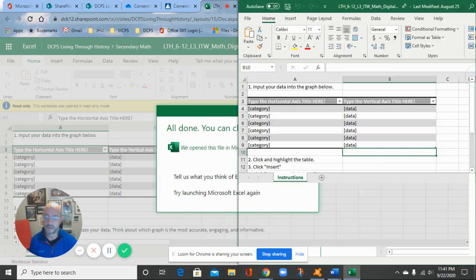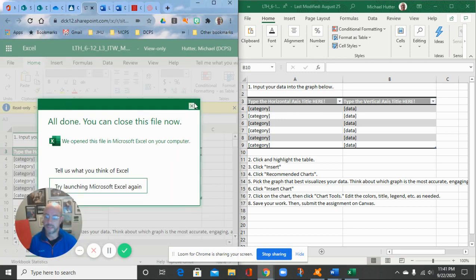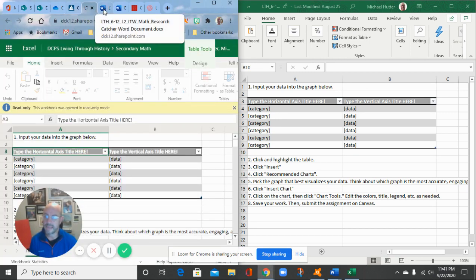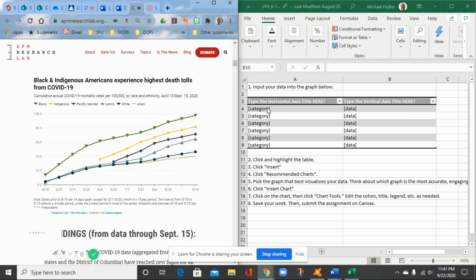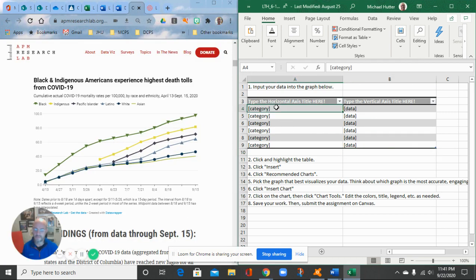It comes open. I'm going to pop it over to my left, get rid of that. I'm going to go back to my data so I know what I'm doing here. So now it's open. Now I can type in here. I know my horizontal, which is where my race, I told you that's going to be race and ethnicity. That's the name of my title here. And then over here is going to be my data, which is going to be mortality rates per